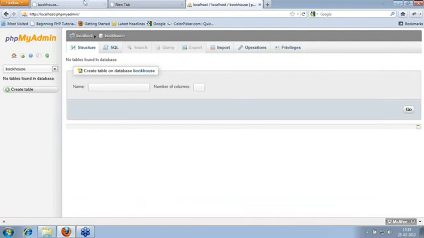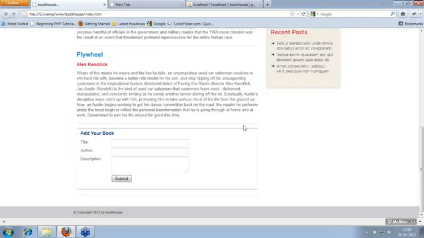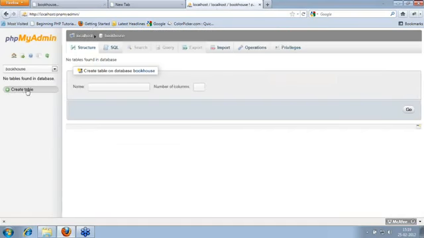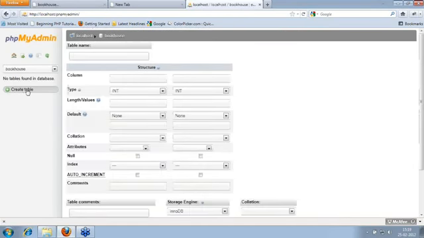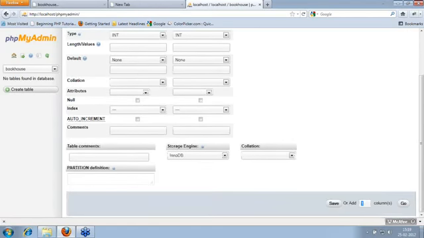So I'll show you the application. What do we need? Here we are storing the details about my book: the title of the book, the author name, and the description. So currently we need 3 fields, right? Now I can go to my database and say create a table. Creating a table, we need 3 columns to store the data. Here I can see there are 2 columns, so I'll say add 2 more. Now I'll be adding 4 columns.